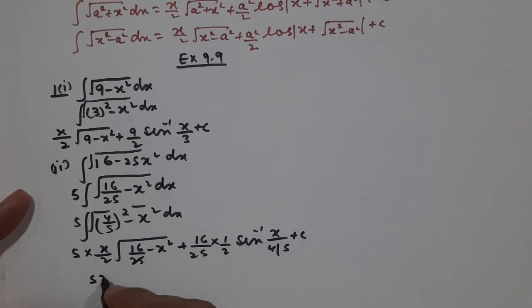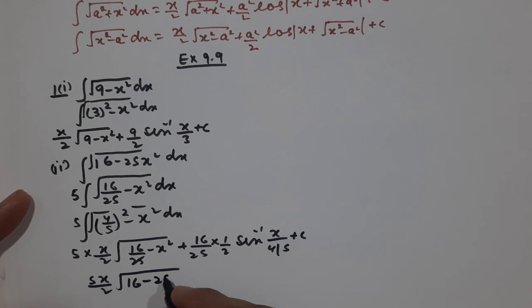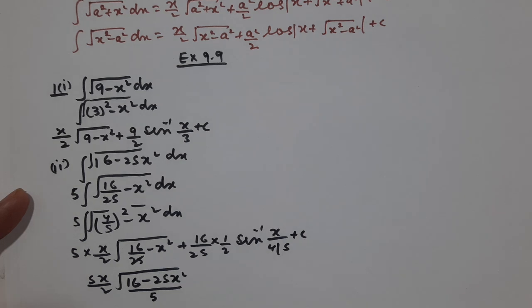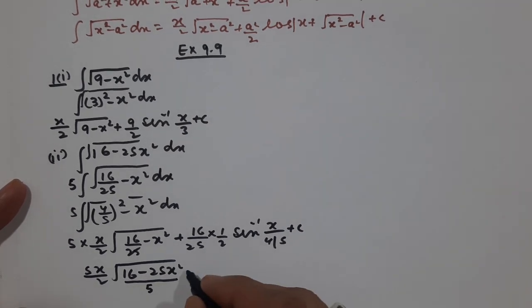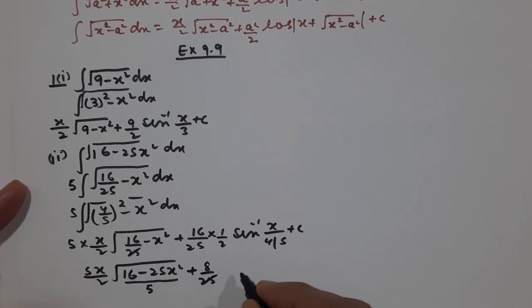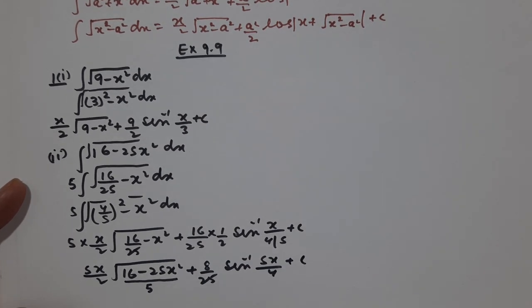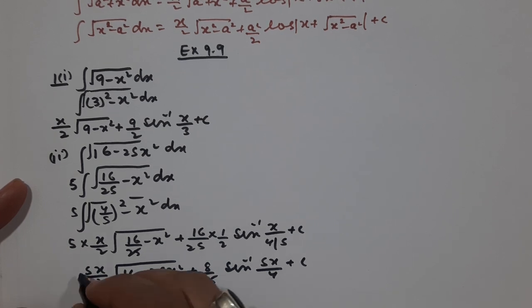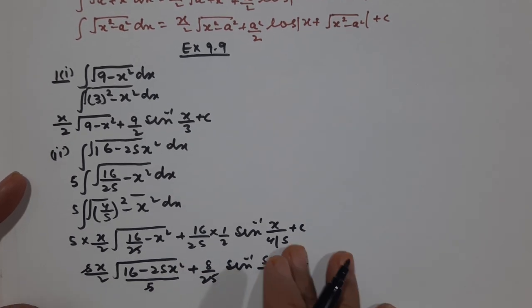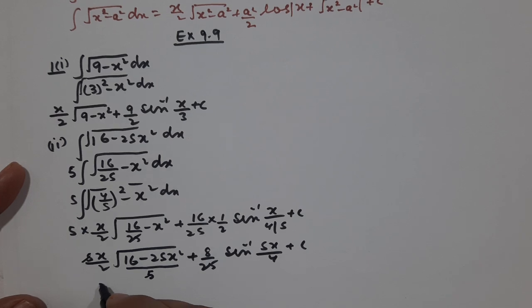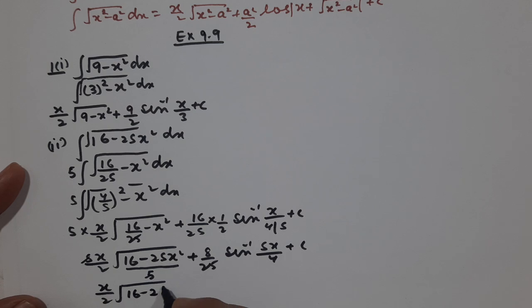So we get 5x upon 2 under root, taking LCM, 16 minus 25 x square, and when 25 comes out of the root it becomes 5, and here we get 8 by 25 sin inverse 5x upon 4 plus c. Cancelling 5 with 5, the final answer will be of this form: x upon 2 under root 16 minus 25 x square plus